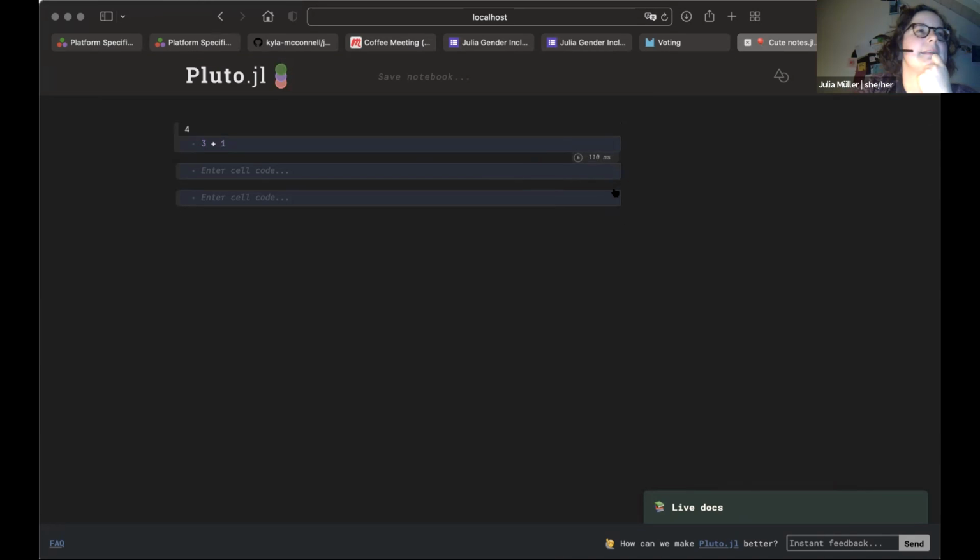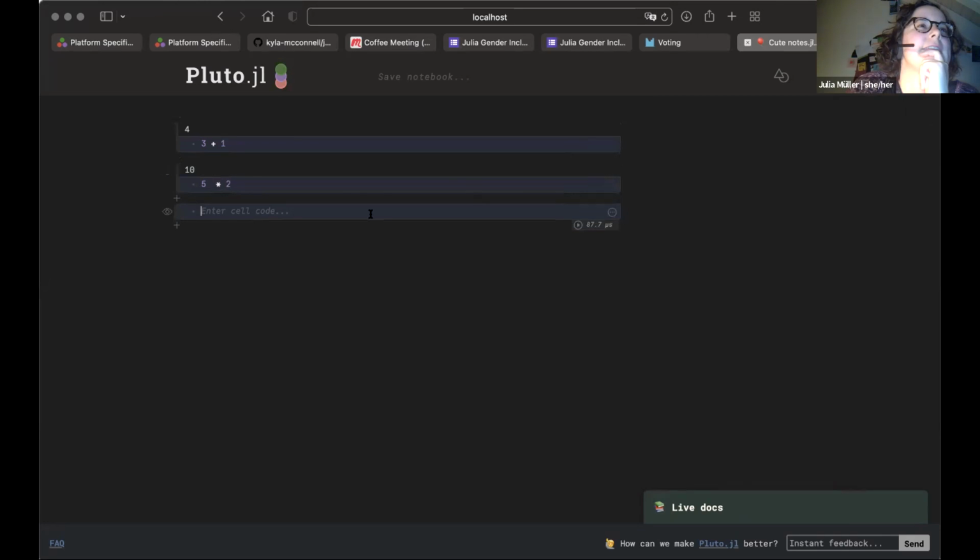Yeah, and this is kind of typical. The first time you do something in a new notebook or in a new Julia script, it's going to take a little while and you'll think, wait, this is this fast new language, but it really is just the first time you do something with it, right? So each of these cells is a new code block. You can only do one line of code. We're just doing a couple of little calculations.